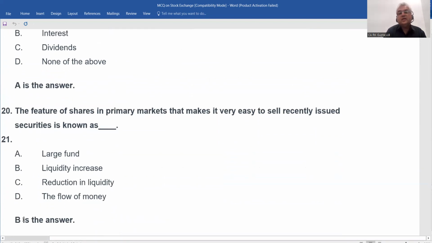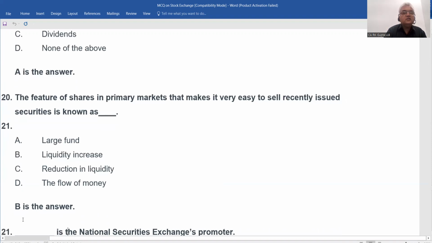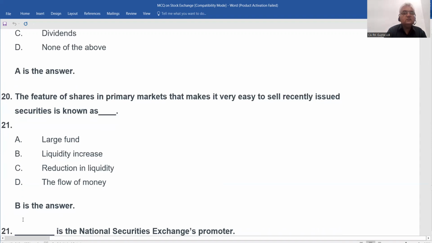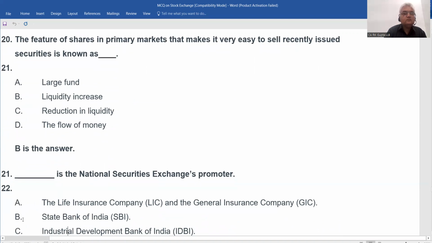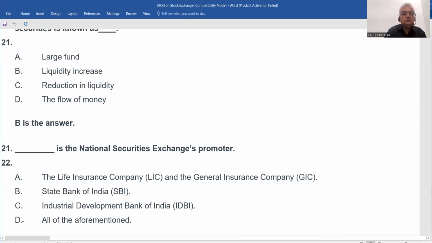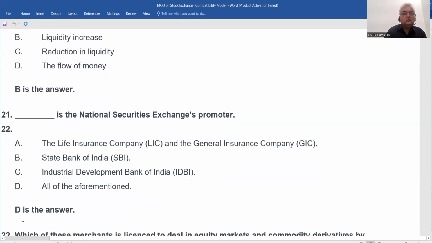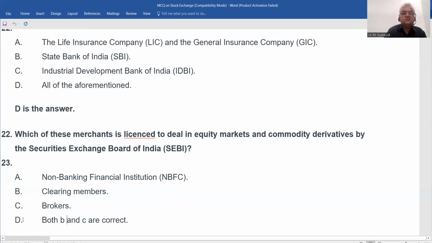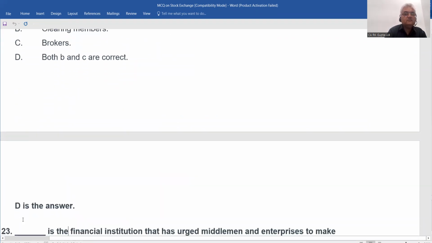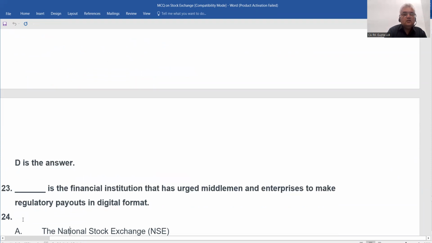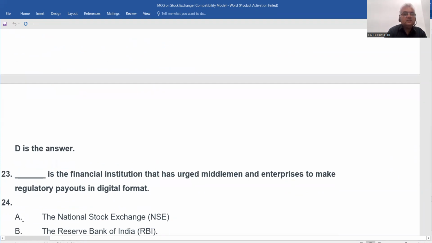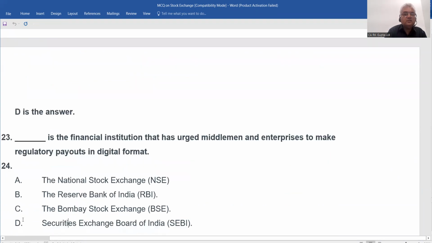चलो, features of shares in primary market that make it very easy to sell recently issued securities is known as... लिक्विडिटी इंक्रीज। ये ऑल था इसका। हाँ। Which of these merchants is licensed to deal in equity market and commodity derivatives by the SEBI? ए बी डी, डी आंसर है। Right. The financial institution that is a middleman enterprise to make regulatory payouts in digital format, ये भी अभी किया हमने,